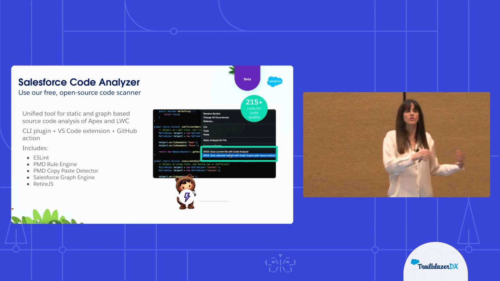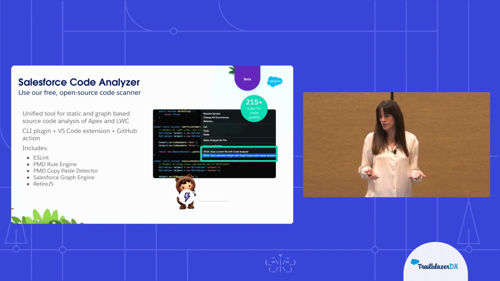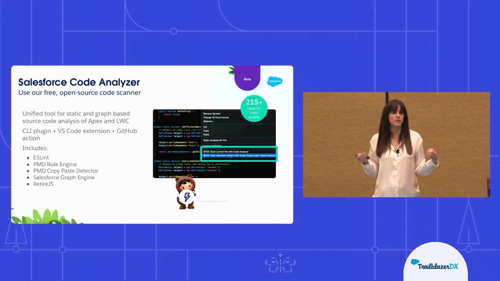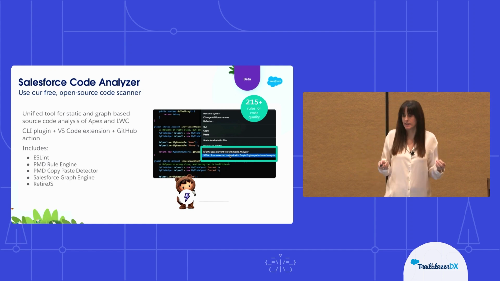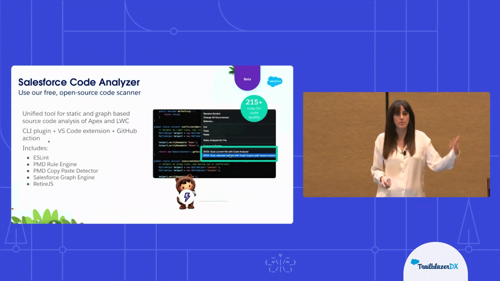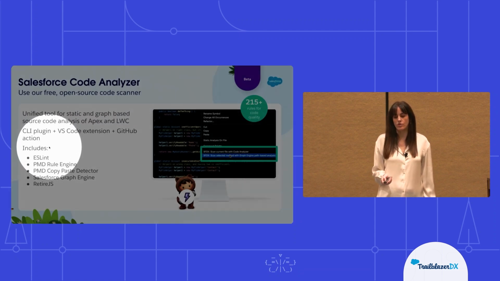The other way gives you more flexibility because you can control the libraries and the versions that you're using, but Salesforce Code Analyzer at the end is doing almost the same as the ESLint and PMD together, but it's easier because you just install the tool and that's it. It works for Apex and Lightning Web Components, and it has a CLI plugin. Remember Salesforce CLI plugins. It also has a VS Code extension and a GitHub action so you can include it